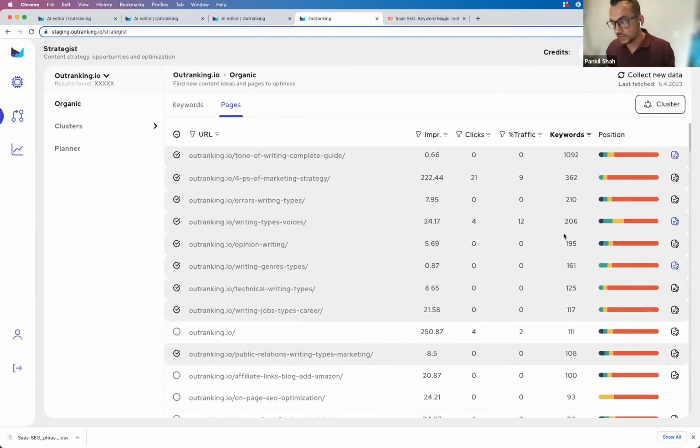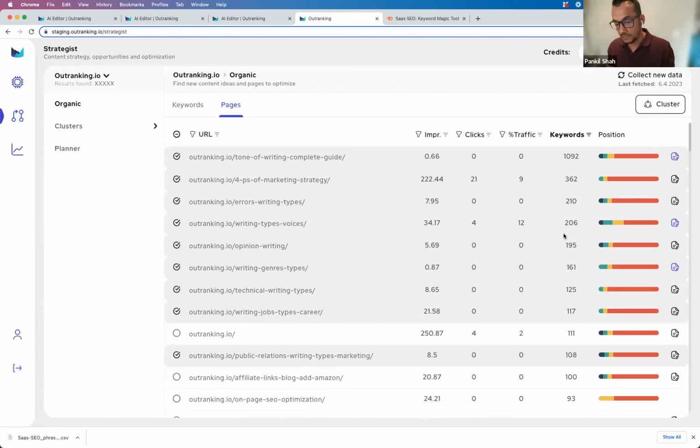I need to cluster them and understand which keywords have similar intent, what can be grouped together, and what cannot be. So I can select these URLs and cluster them. That way, it will use your website data to do the SERP analysis for each of the keywords that you currently have and group them by similar intent using a clustering technique.